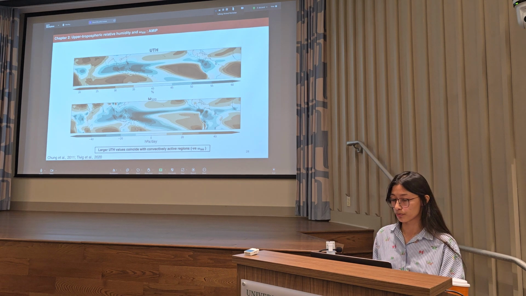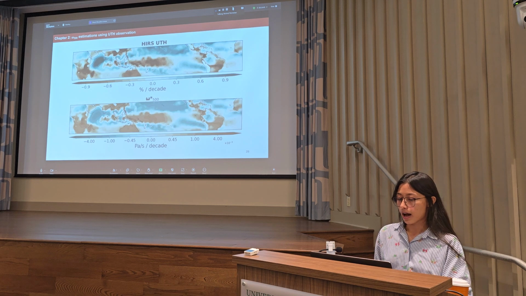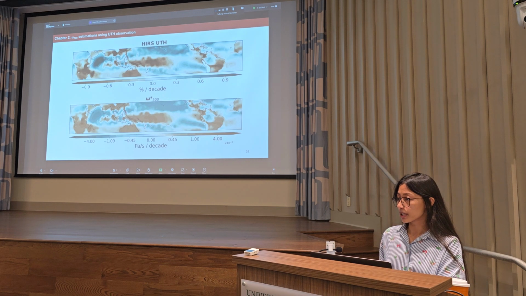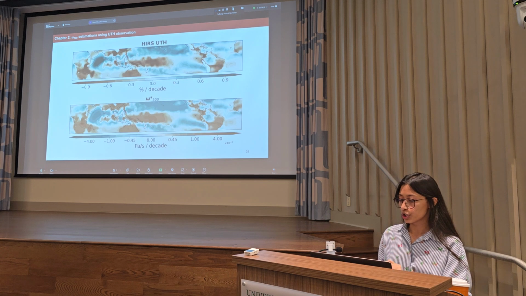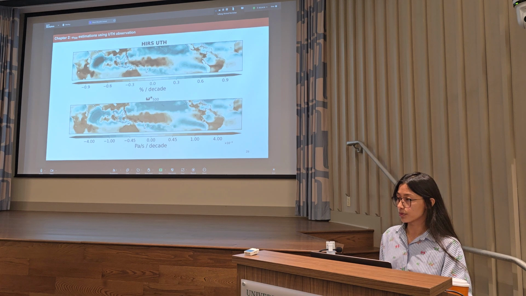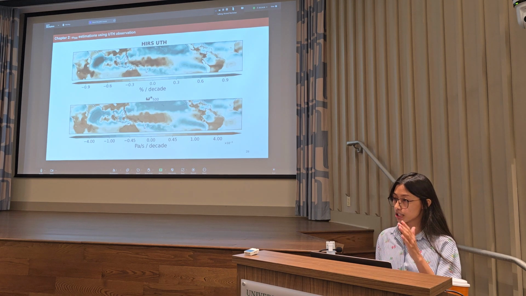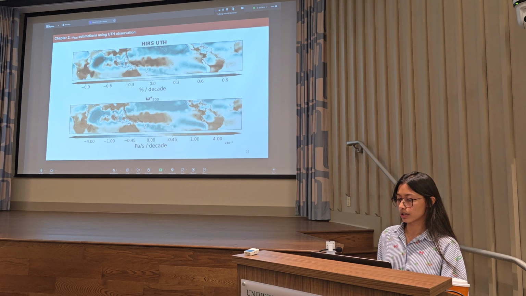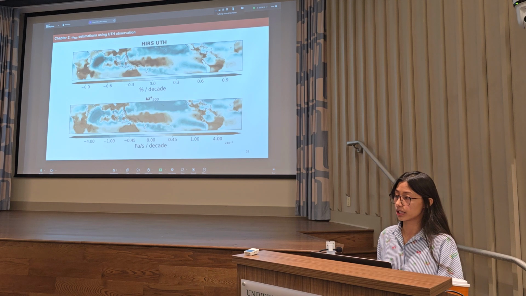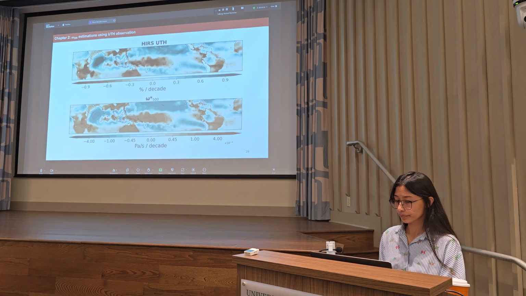We take it even a step further and actually quantify this relation and estimate omega 500 using observations of upper tropospheric humidity from the HIRS instrument, which I show in this plot as the decadal trend of the estimated omega 500 in the bottom, which shows an increase in subsidence along the Central Pacific and an increase in convection along the Maritime Continent. Whereas the actual UTH observations that we use to derive the product are shown in the top panel, where the same regions, the Central Pacific subsidence increase, coincides with a drying in the upper tropospheric relative humidity, and along the Maritime Continent, it coincides with an increase in upper tropospheric relative humidity.